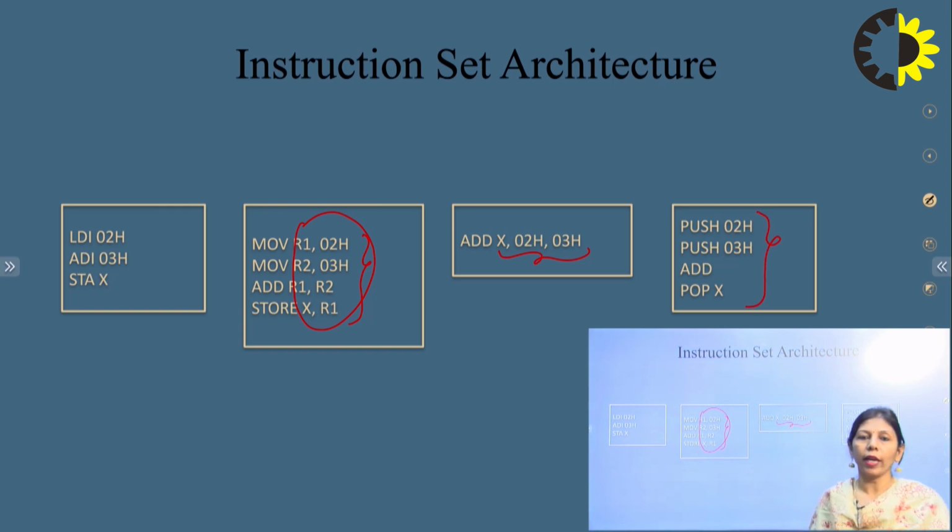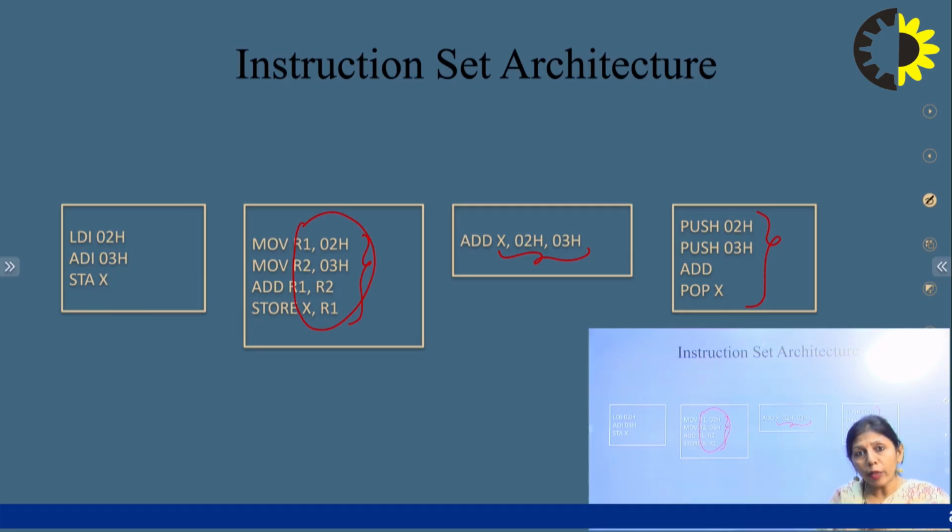Either it uses multiple registers for flexibility, or it uses the accumulator. If it uses the accumulator, it can be called the single accumulator organization of the processor. If it uses registers, then we say it is the general register organization of the processor. If it uses a stack, then it is the stack organization. So we can say instruction set architecture depends upon the type of the processor that we have chosen beforehand.